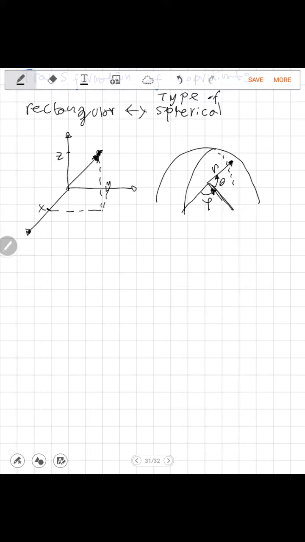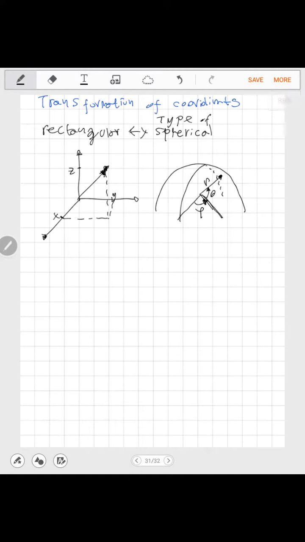So they are equivalent. There must be an equivalence between these two forms to express the position of a point. So let us see what is that equivalence. So what we're going to do is find that relationship by seeing the drawings. So we have here our x, here y, and here z, and imagine that we have a sphere here,